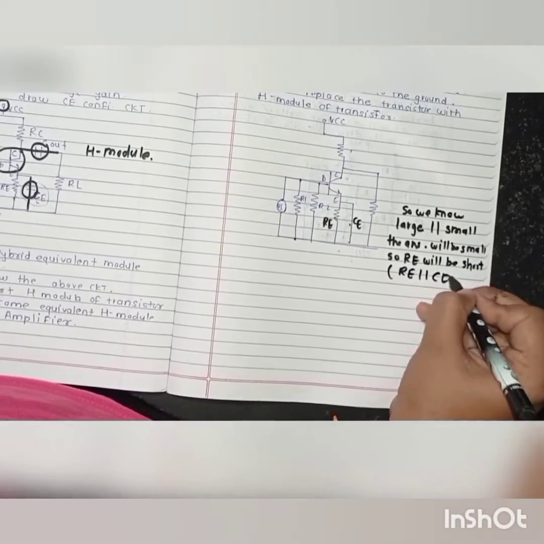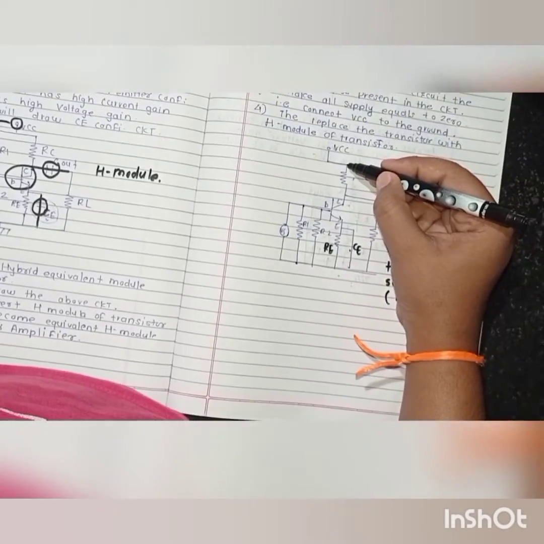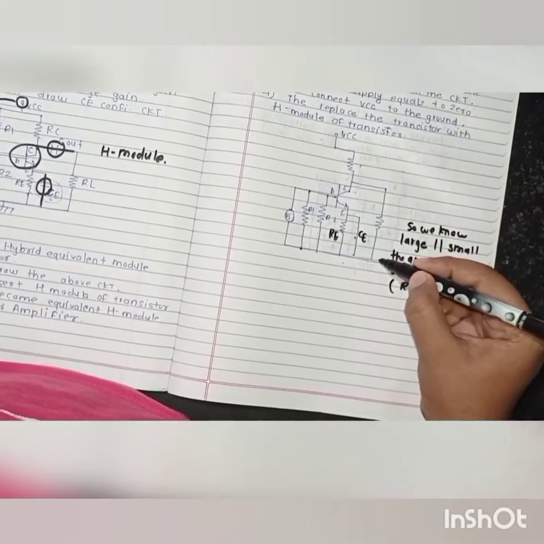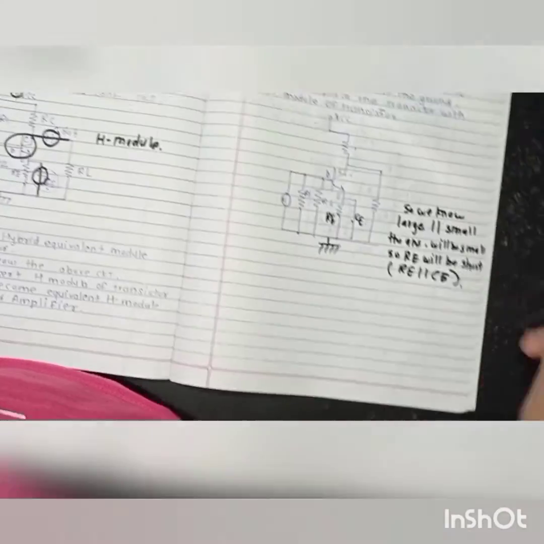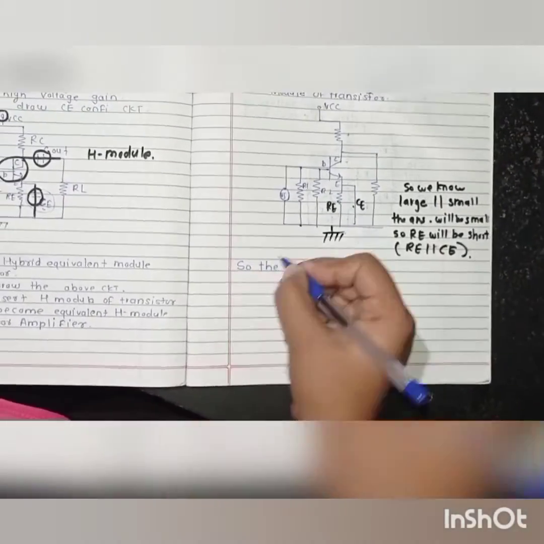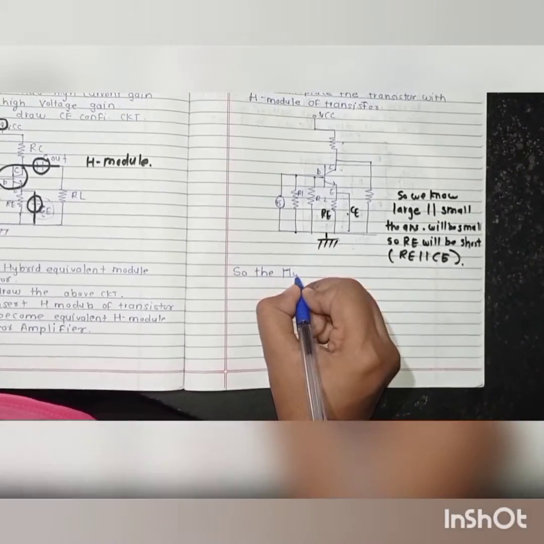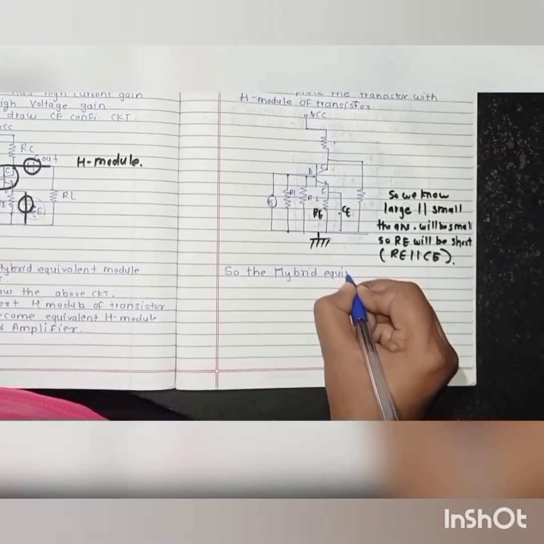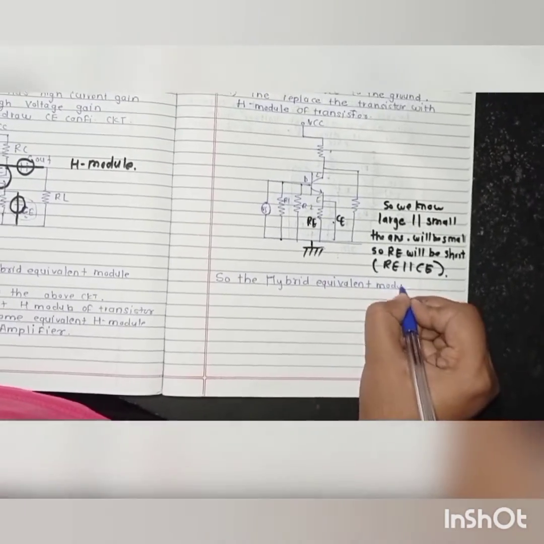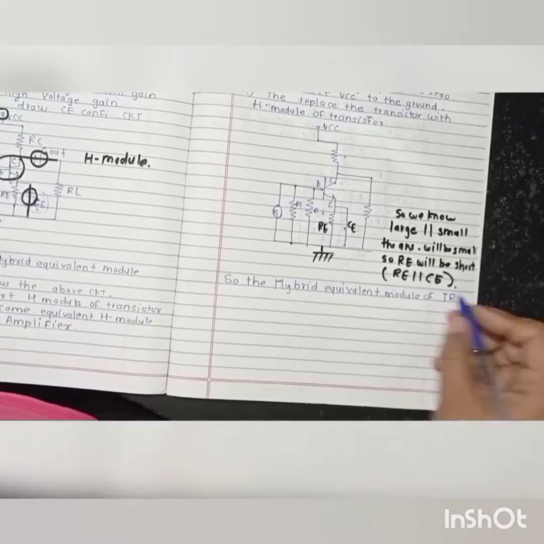Now this collector resistor will also be connected to the ground, and this VCC is connected to the ground. So the hybrid equivalent model of the transistor becomes